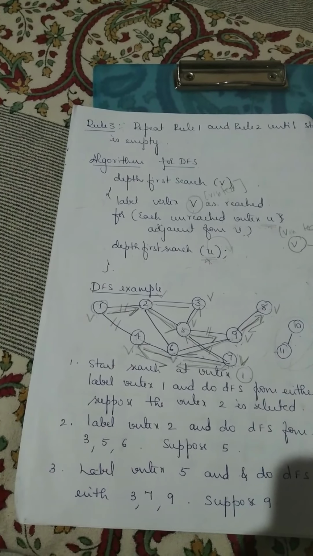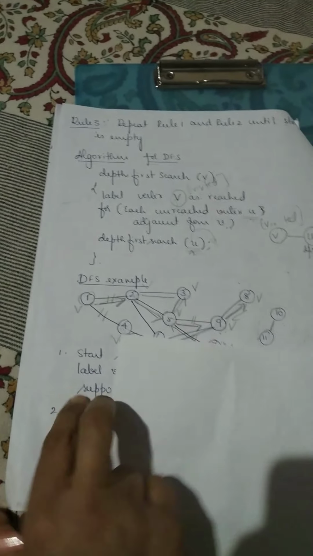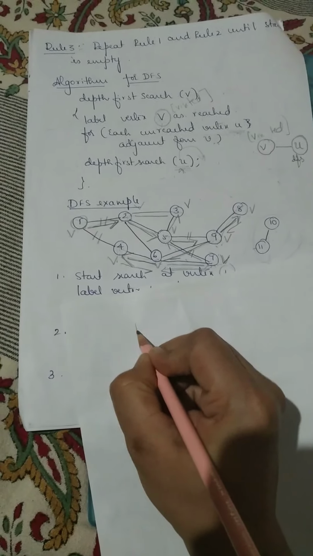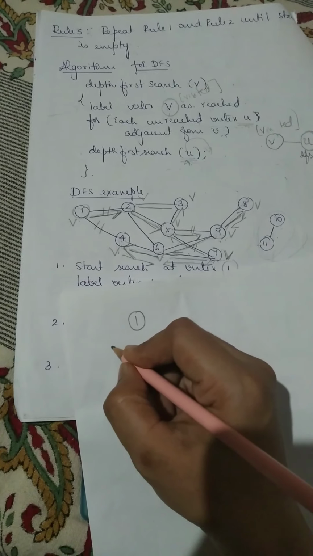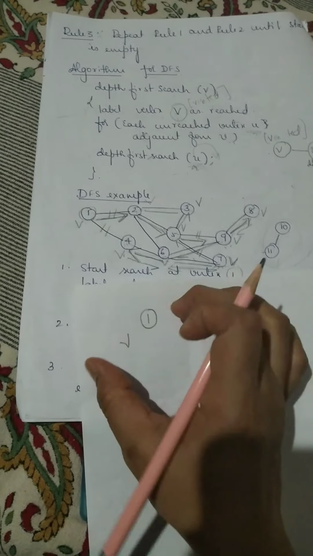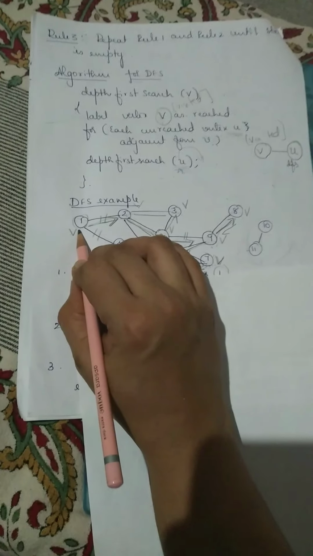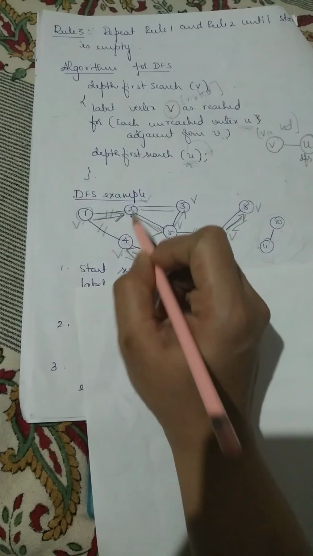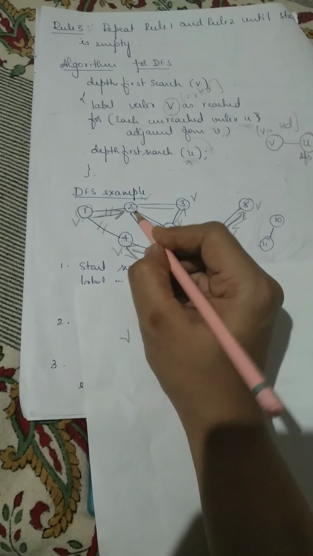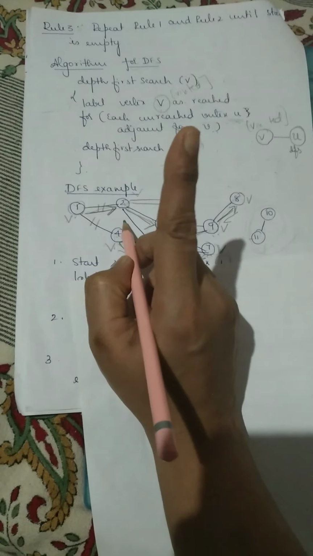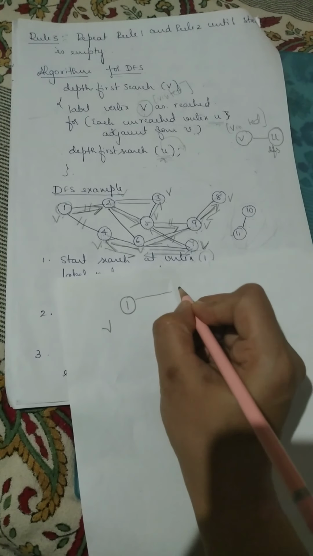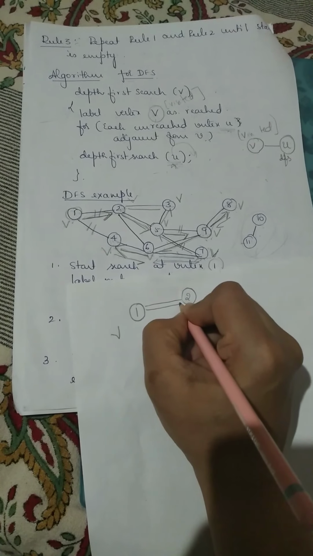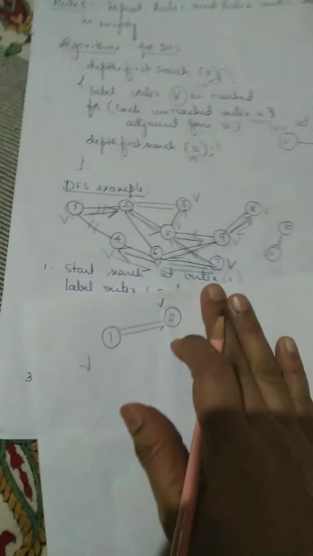Here in this example I can see an unconnected graph, right? First I'll start visiting vertex 1. I'll select it as the visited vertex V. Now from 1, if I apply this algorithm, what are the unvisited vertices from 1? 2 and 4. But here I can select only one. I'll select 2, and now I'll mark it as visited.